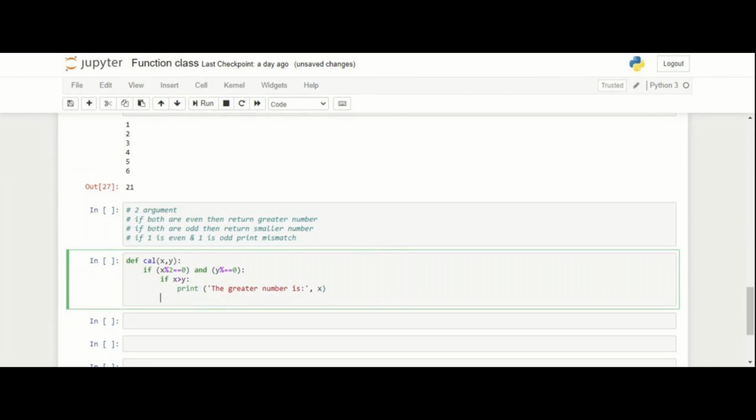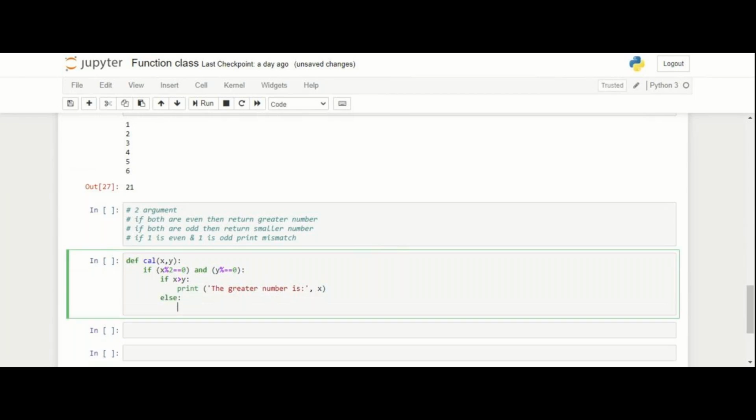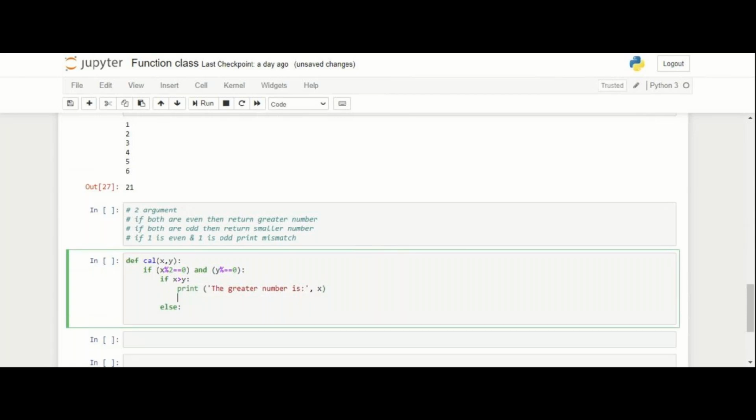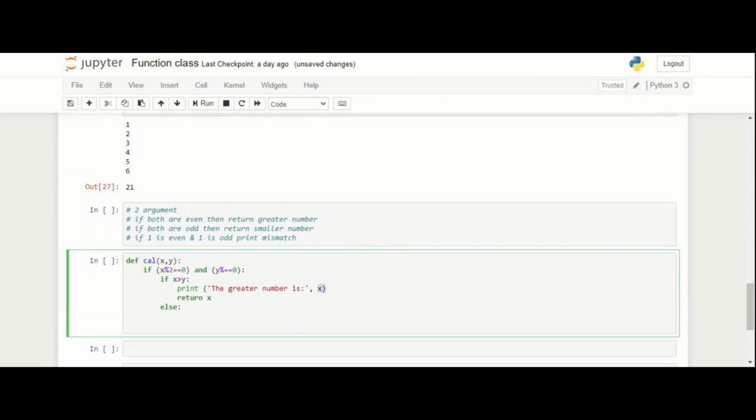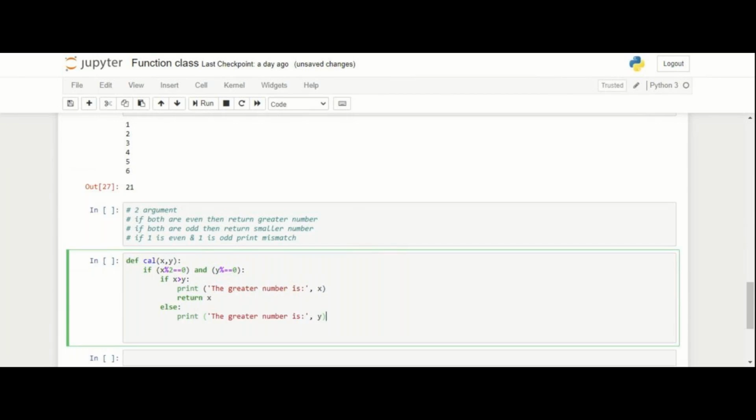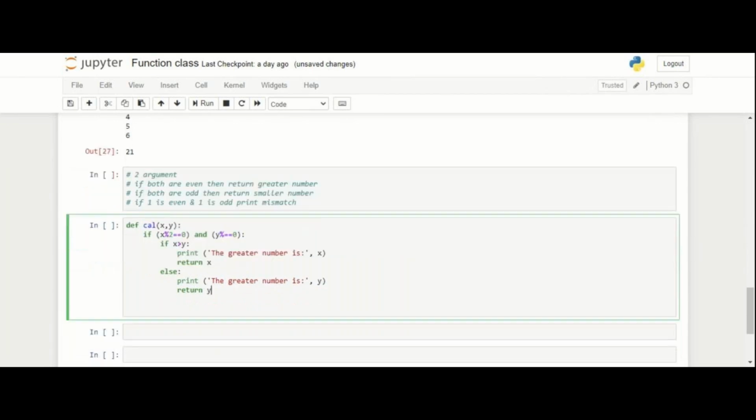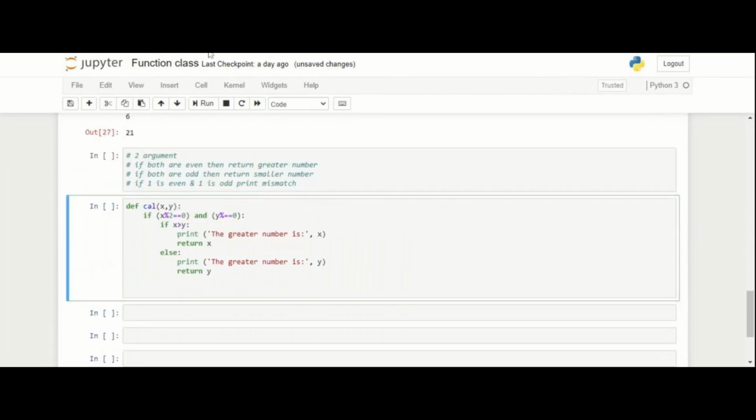And then we have to pass an else statement. In the else statement, what will it be? The greater number is y. So before that, in place of this print we should write return x, so that we will get the output as x. And in this part we have to write this as y, and then we should return it as y. Understood? This is my first condition, right?